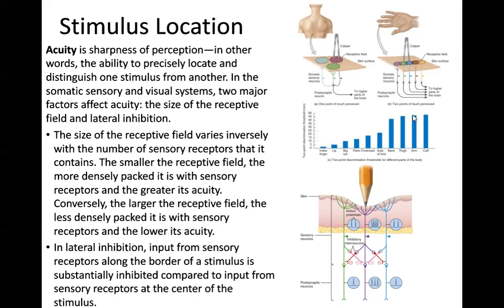Look at this graph right here. Basically, the smaller the blue line, the better and more acuity it has. The index finger is the most sensitive, because that's what we touch things with. We feel with our fingers and our lips. And you said the toes, your feet. So we're making contact with the outside world with those things. You're not rubbing your arm and your calf on something and saying, oh, that feels so nice and soft. Maybe you will to be a weirdo, but